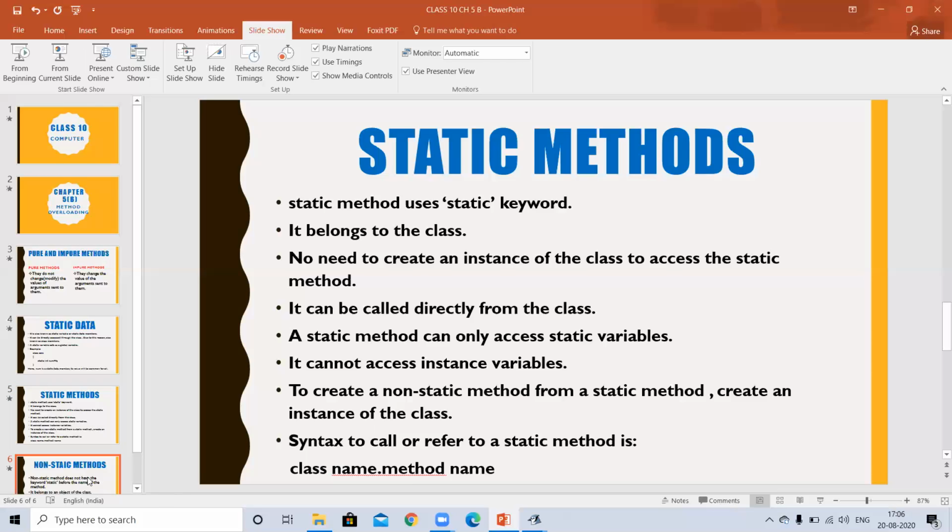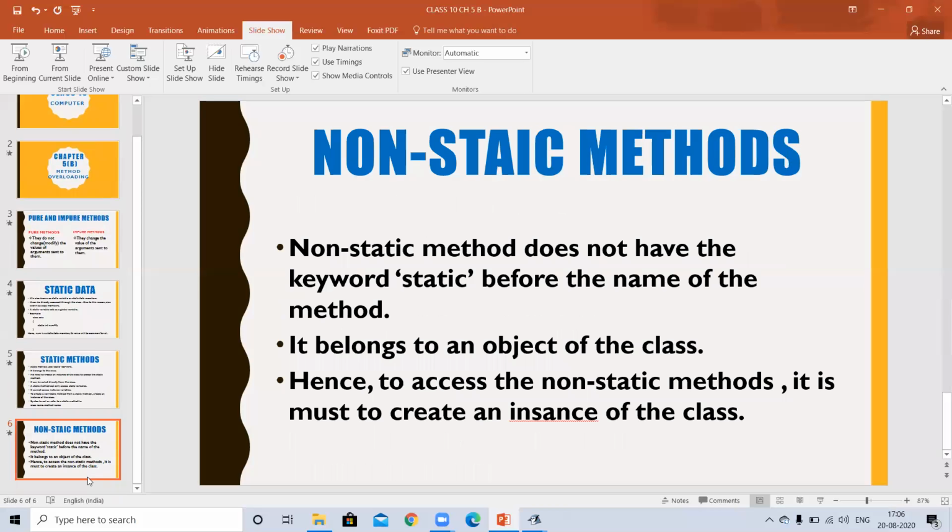Now, what are the non-static methods? Non-static methods do not have the keyword static. Remember that. For static methods, it is a must to use the static keyword before the method name, but a non-static method does not have any keyword before the name of the method.